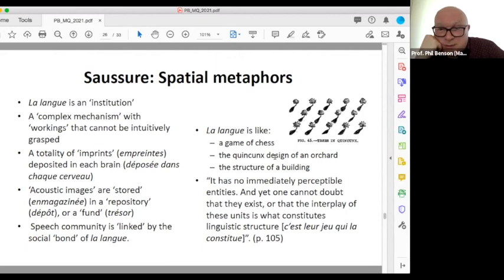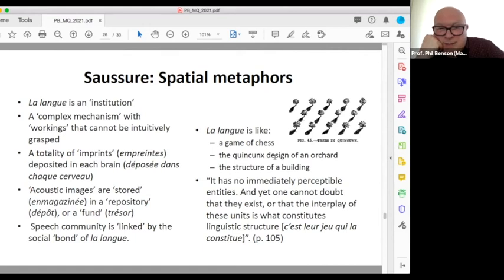Saussure didn't really use the word structure, although he's often described as a structuralist. He used the word system. And what he said there was not linguistic structure. He said, c'est le jeu qui les constitue. But the point there, to me, is how far